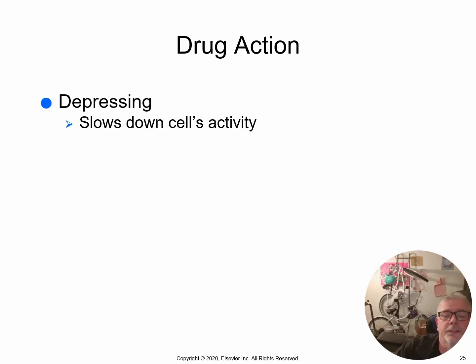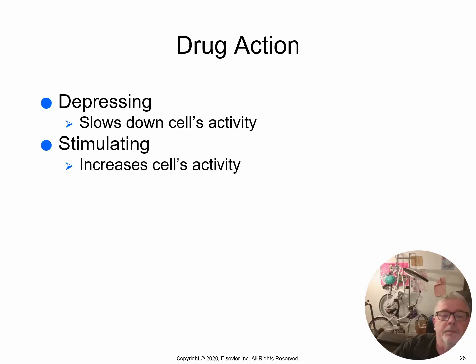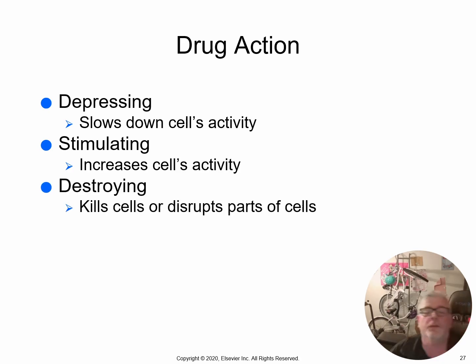Well, they can slow down a cell's activity or have a depressing action. Something like a beta blocker would slow down the heart. It would slow down transmission through the cardiac conduction system. And on the opposite side, it can have a stimulating effect. Probably my favorite stimulant drug is caffeine. Drugs can destroy cells, like chemotherapy agents, or disrupt part of cells, like antibiotics can help break open the cell